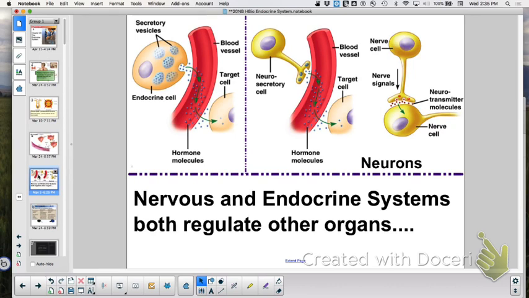Neurons, this is a chemical message that goes a teeny tiny distance just across a synapse. This one right here is talking a little bit, neurosecretory cells, you're talking about the hypothalamus and the pituitary gland, because the hypothalamus has those neurosecretory cells. Sometimes they reach all the way in, like to the posterior pituitary, because it dropped down out of the hypothalamus. Remember that? In the anterior pituitary, it only gets as far as the stalk. So that's a neurosecretory cell, kind of an overlap of the nervous and the endocrine system.